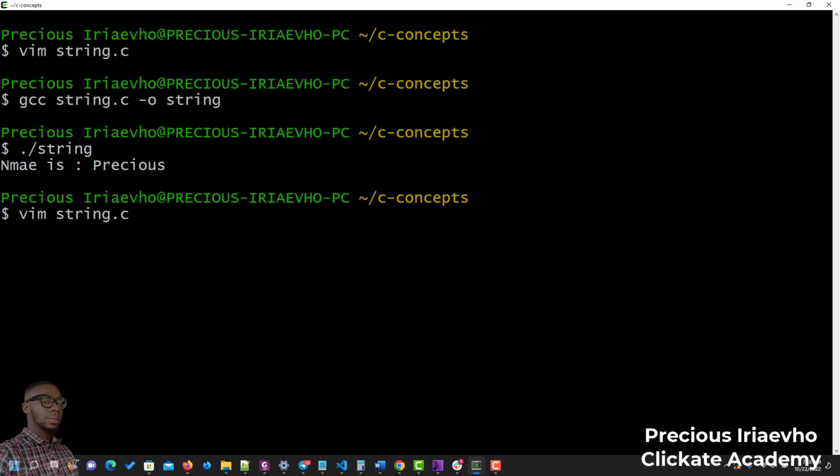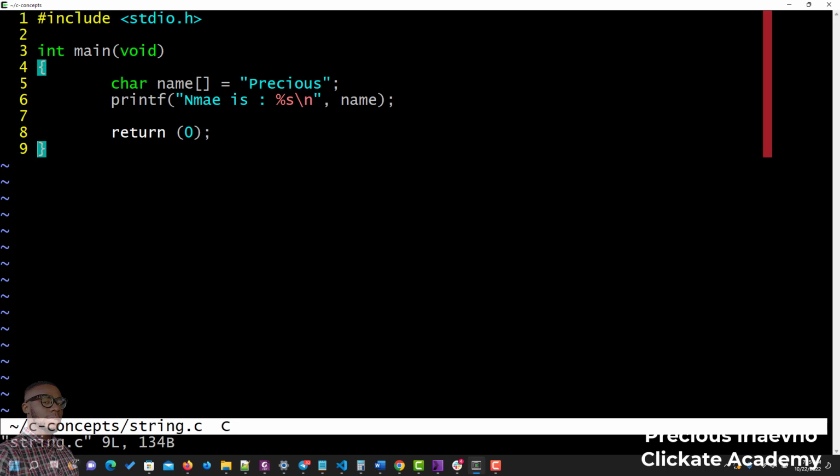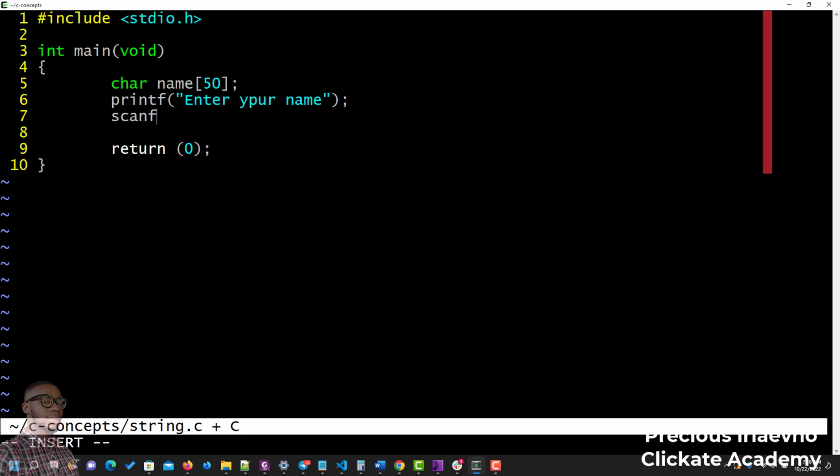So we'll go back to strings and let's edit that. So the first thing first I will do here is, since we want to take the input from the user, we don't need to give it any value here anymore. So we can say enter your name, okay? Then the first one we use is scanf. So we say scanf, format specifier for string, and we are attaching it to name. Then since we've collected it, we can then go forwards to print it out and say